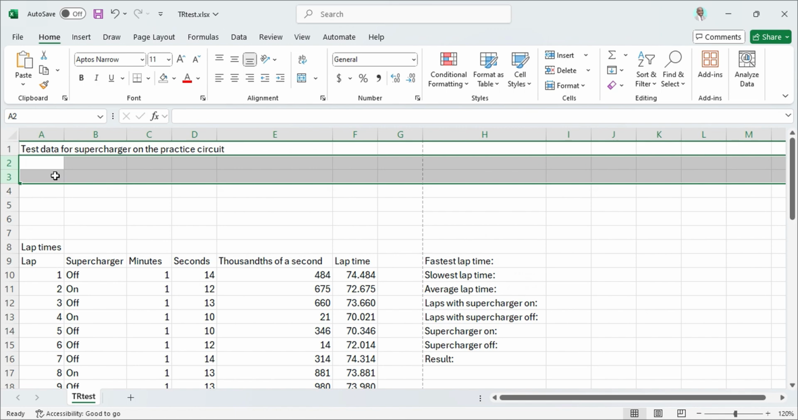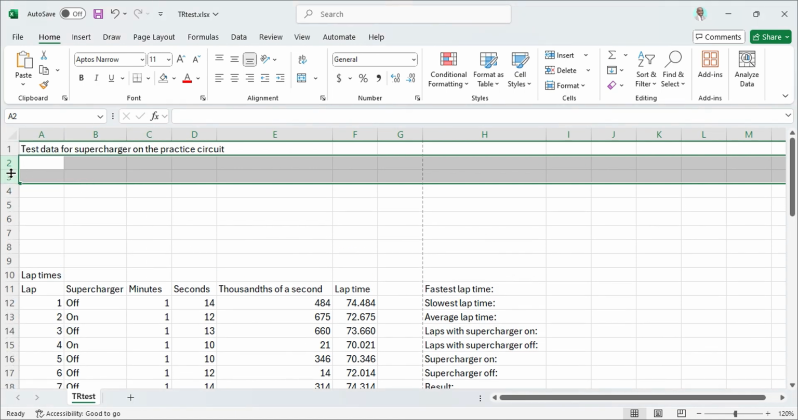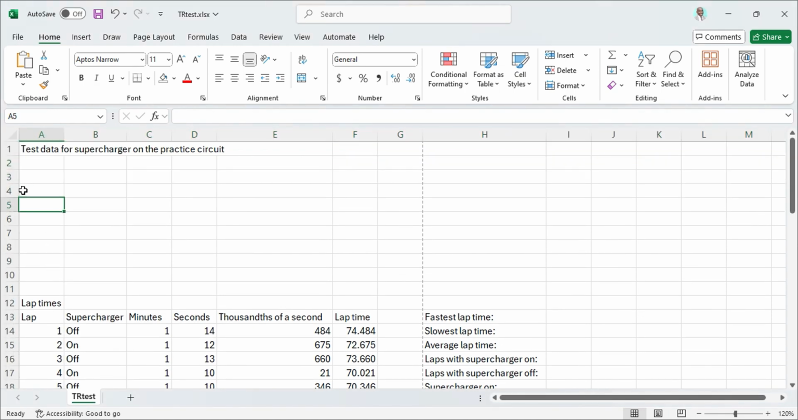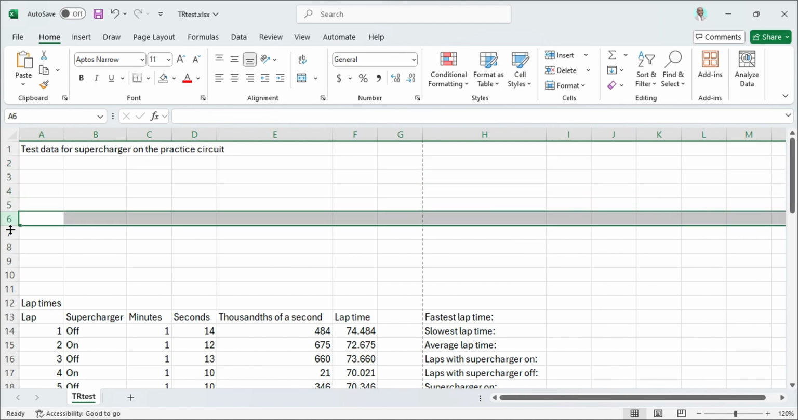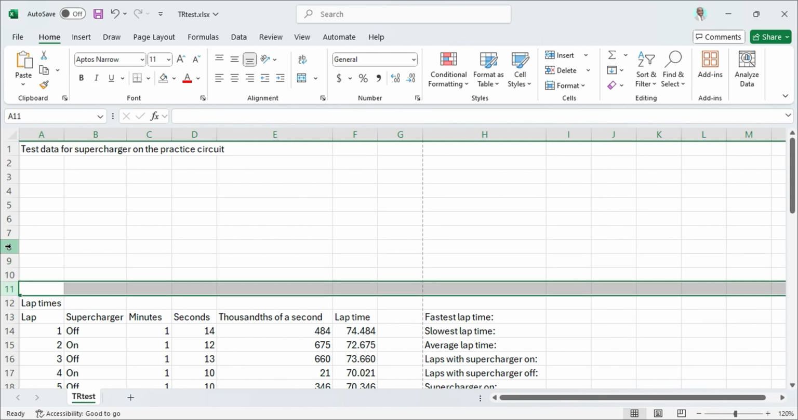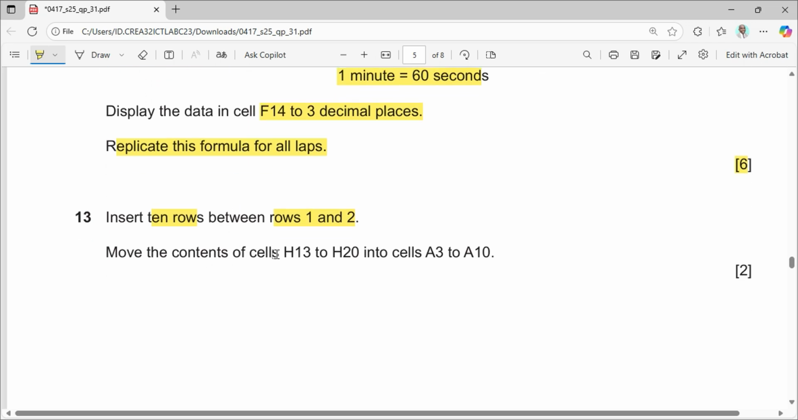This is the third one, making 6. Okay, this is the fourth one, making 8, and this is the fifth one, making 10. So you can see I have 10 new rows: 1, 2, 3, 4, 5, 6, 7, 8, 9, 10. So that's the new row. Beautiful. Then the next one is move the contents of cells H13 to H20 into cells A3 to